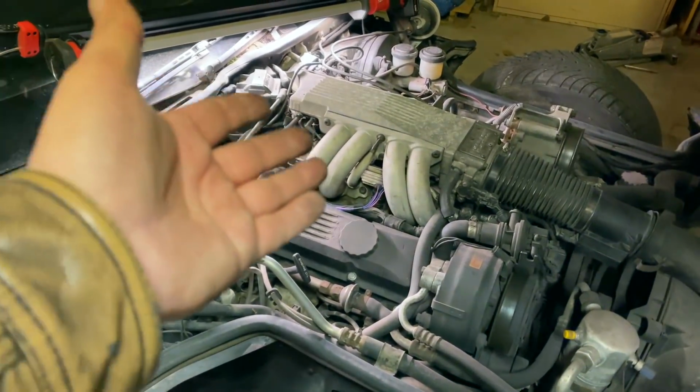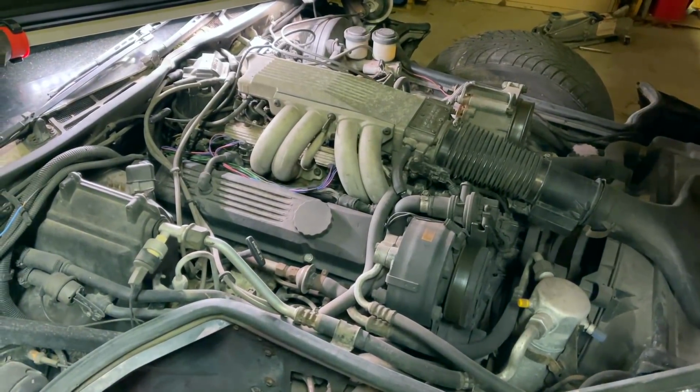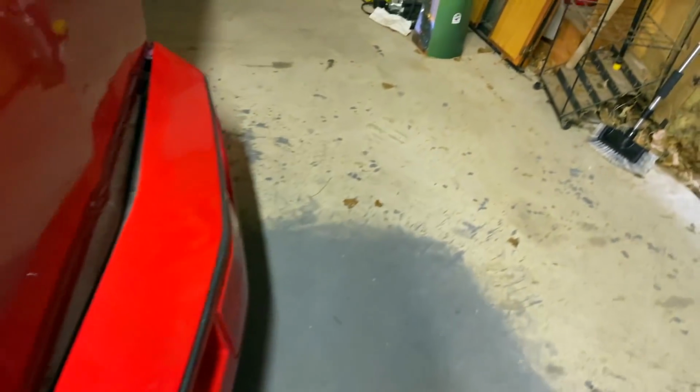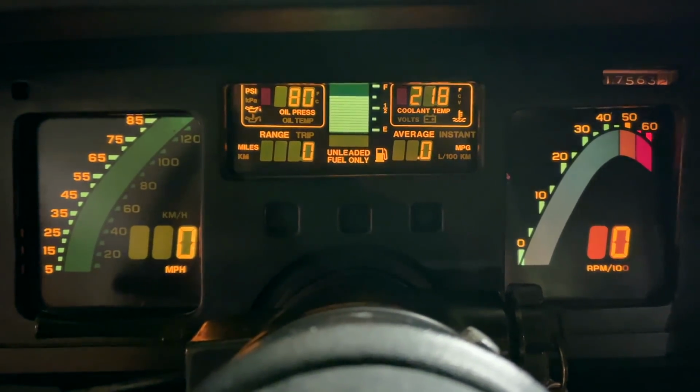Now it's little stuff. You get to figure out why the check engine light's on. Hell, I don't know. I'm not messing with it. All I can tell you is right now it doesn't leak fuel anymore. As you can see, I'm leaving it running in my garage, kind of as a way to prove to you guys, even though you saw it on video, that I did what I said I was going to do. Let's check the coolant temp. I want to make sure you guys can see that she's warmed up. I'm not BSing you. I'm letting it sit in my garage,